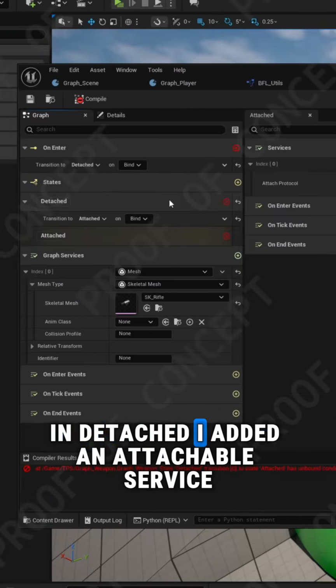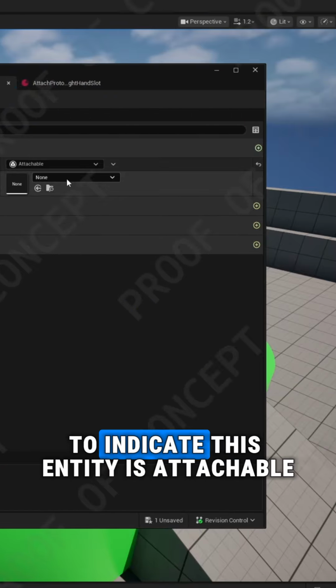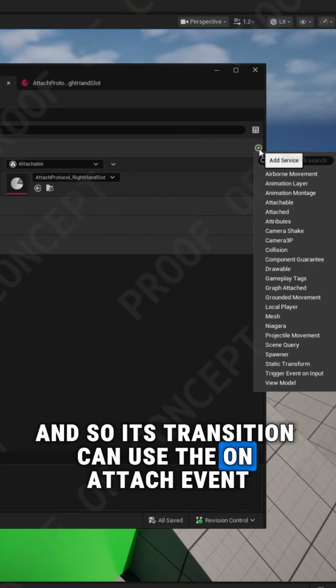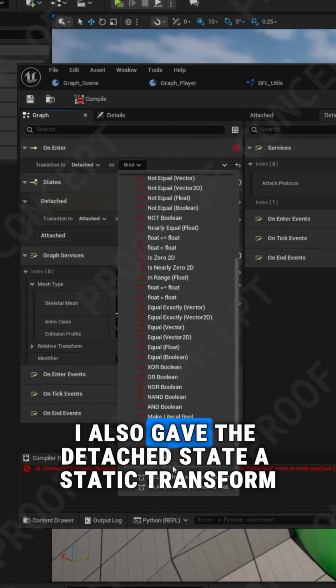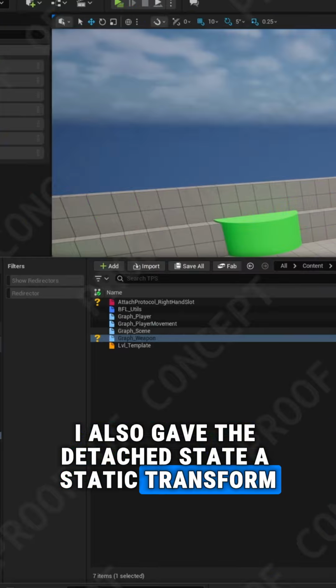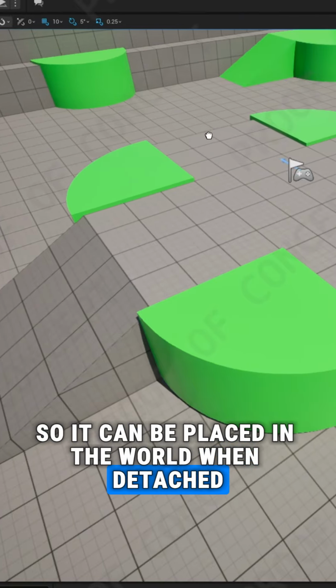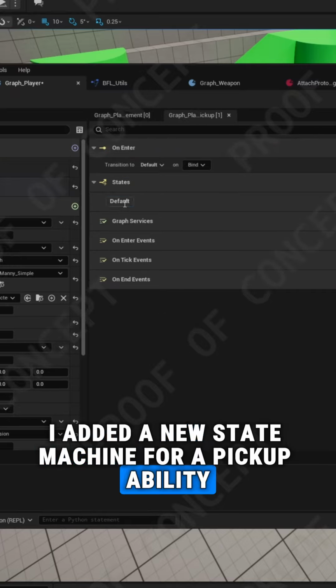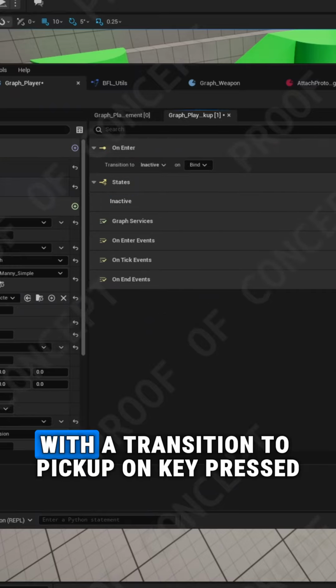In detached, I added an attachable service to indicate this entity is attachable, and so its transition can use the onAttach event. I also gave the detached state a static transform so it can be placed in the world when detached. Back in the player graph, I added a new state machine for a pickup ability, with a transition to